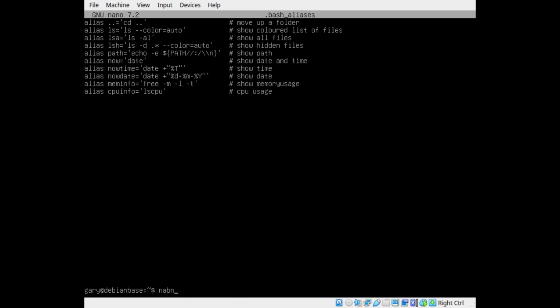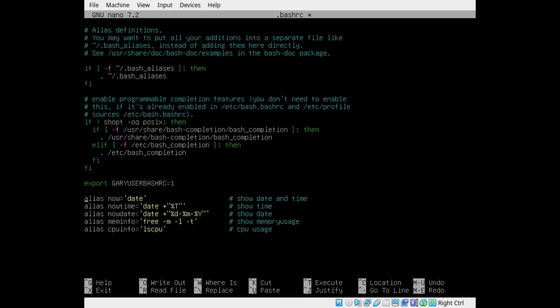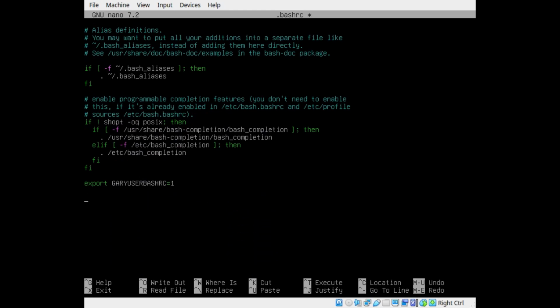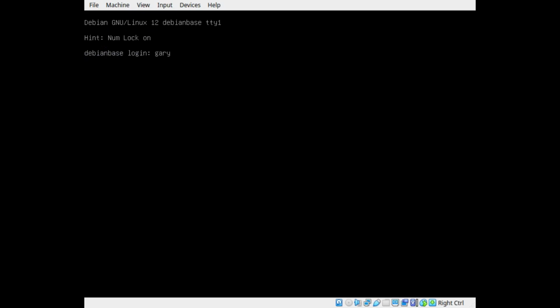And then obviously you then have to edit your .bashrc and move out the ones that are here. And you can press Ctrl K to move lines within Nano, and Ctrl O to save, and Ctrl X to exit. And if I exit out and I log in again to prove that the aliases file is working,